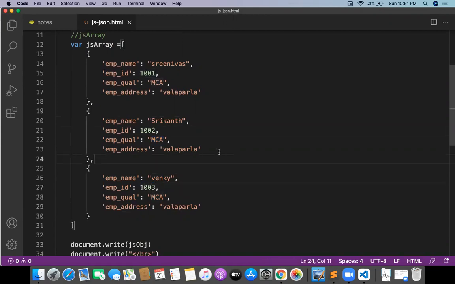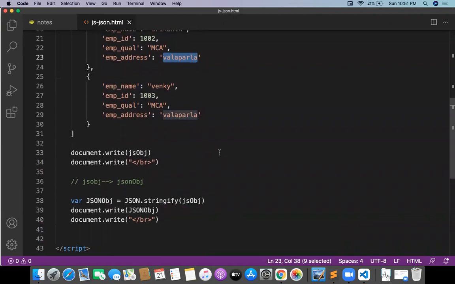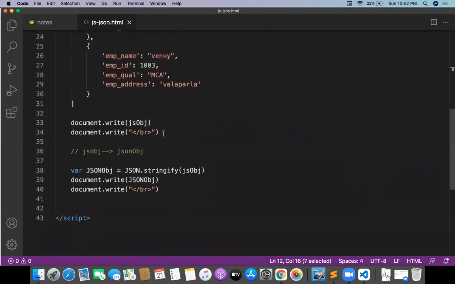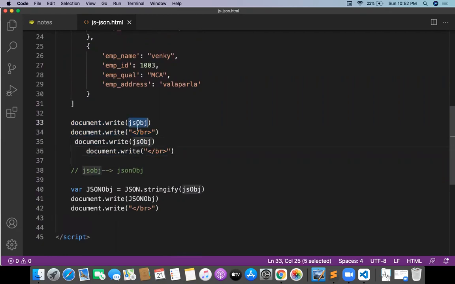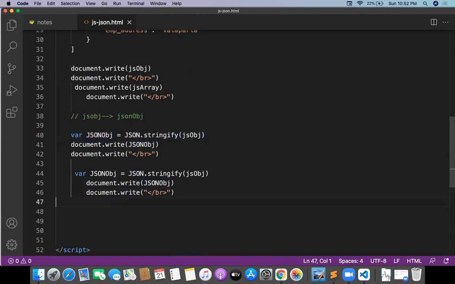Okay, finally, whatever it may be. And now the thing is very simple. What my requirement is, I want to convert this array to JSON. How to convert that one into the JSON file? Let me print the array also, and this will be the JS array. And conversion is also same. Now we need to take a conversion. This conversion is JSON array.